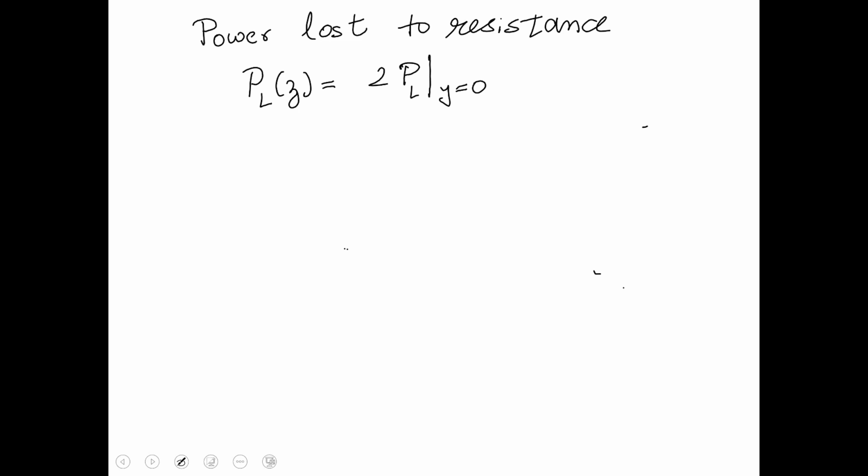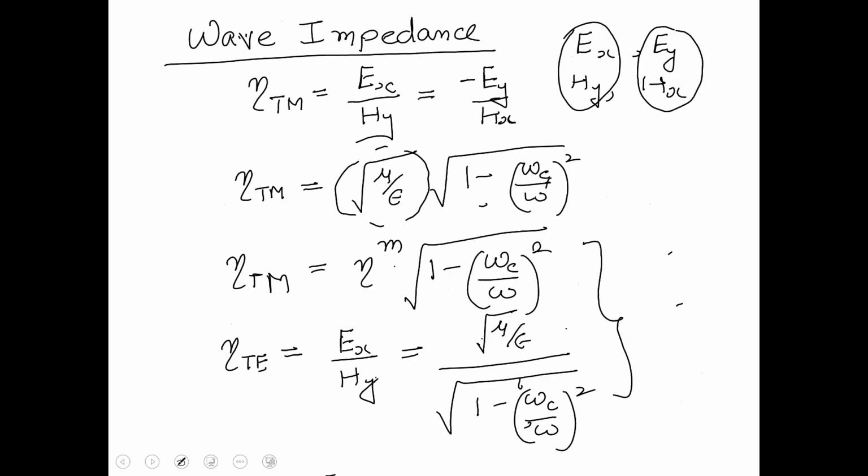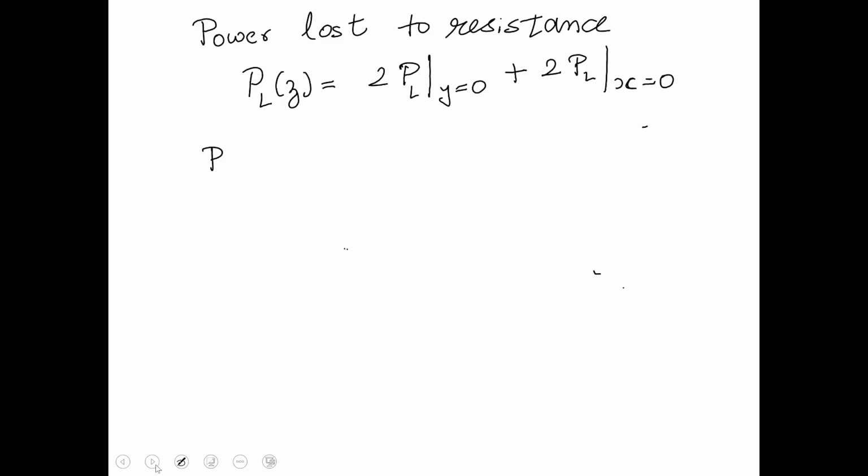So it's going to be twice the power lost at y is equal to 0 plus twice the power lost at the x is equal to 0 term. And each term, power loss at x is equal to 0